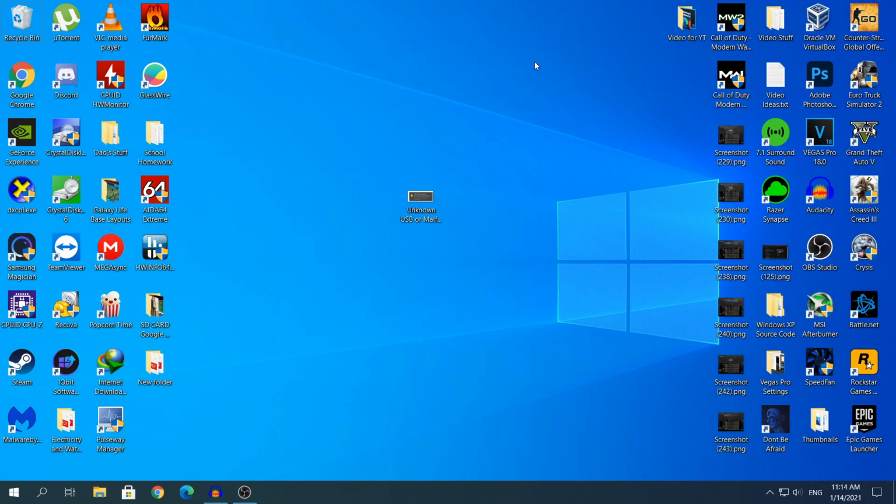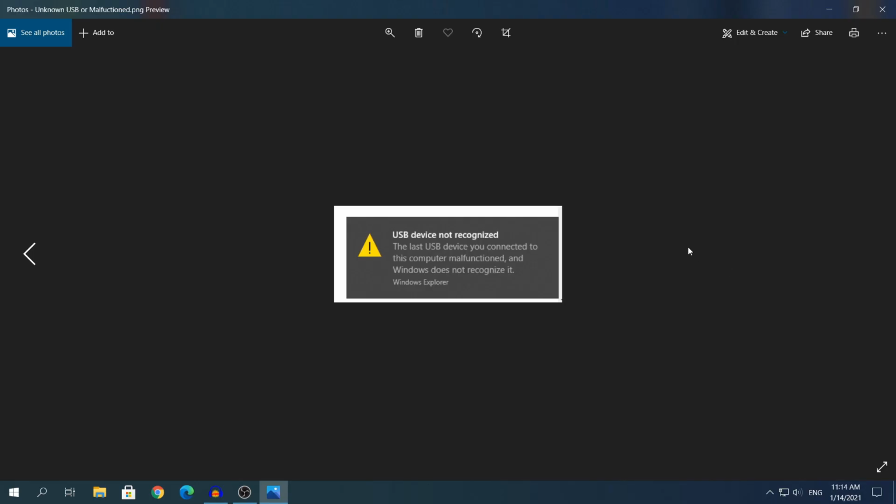So yeah, let's start. I'm pretty sure everyone has plugged in a USB in their computer, and when they do so, Windows notifies them that something is wrong with the USB device. For example, Windows cannot recognize it or it's malfunction. Exactly as you see in this screenshot right here. I'm pretty sure everyone has had this pop-up once in their life, and when they see it, users do not know what to do because they do not know if this is the USB's fault or the port's itself.